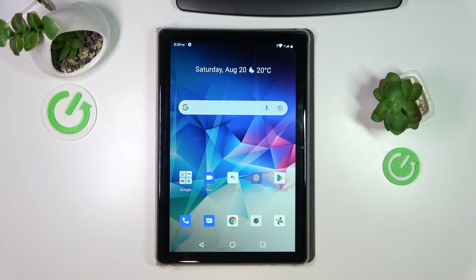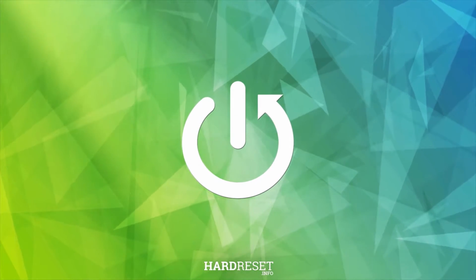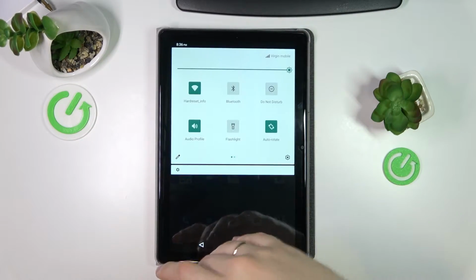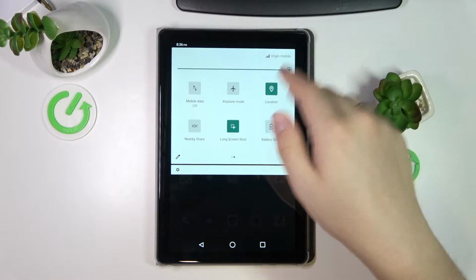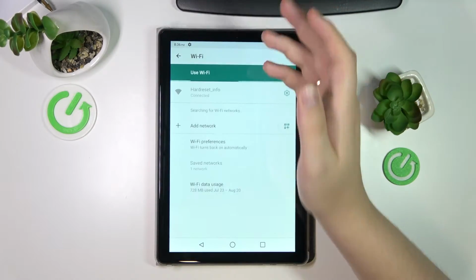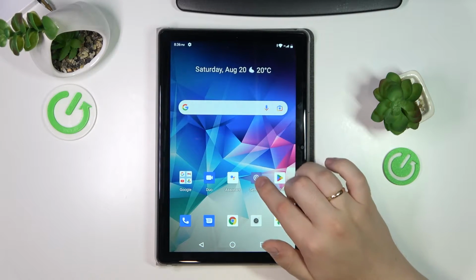This is CUBOT Tab 10, and today we would like to demonstrate how you can share the Wi-Fi network password on this device. So first of all, swipe downwards from the top part of your display in order for this notification and control center to be launched. From here you can either tap and hold at the Wi-Fi shortcut, or there is also an alternative way to get into the